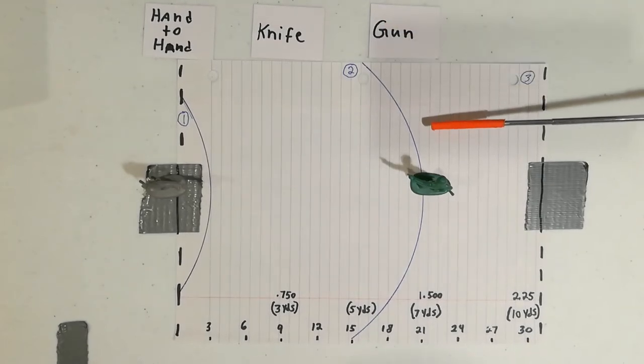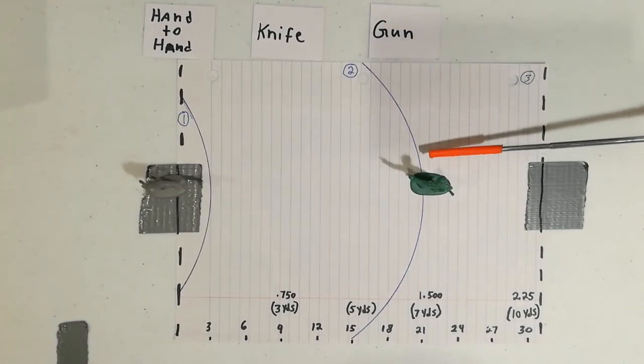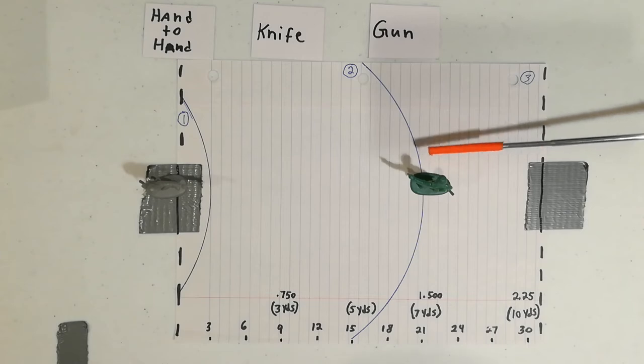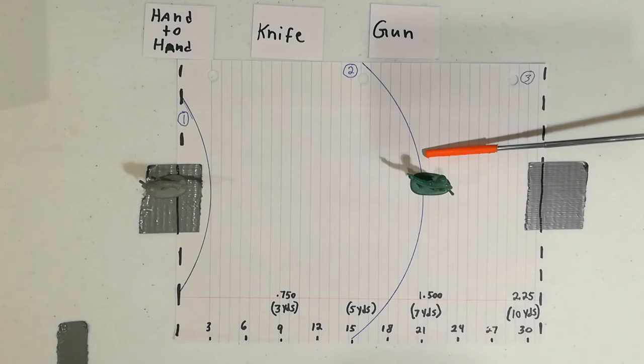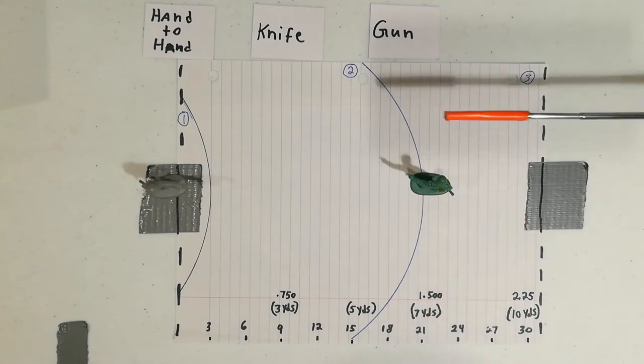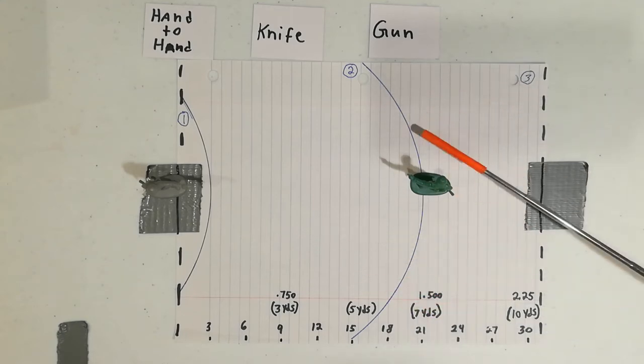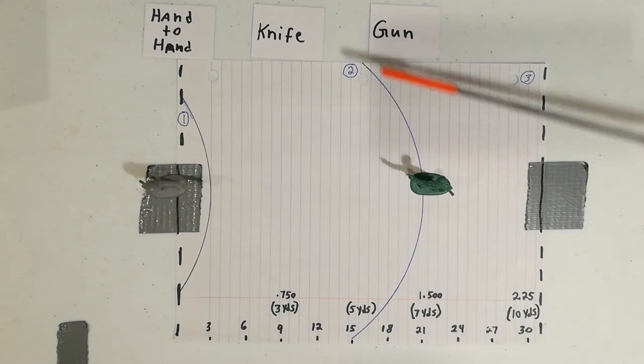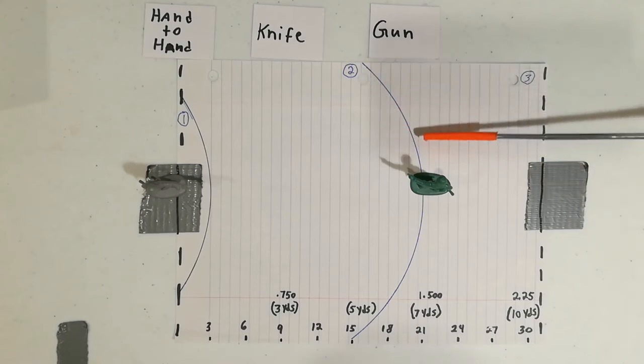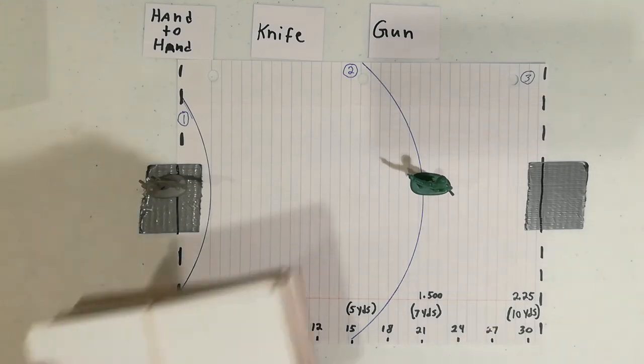And when you're talking about training for firing that first shot or many shots that you're going to fire within 1.5 seconds at 7 yards, basically, not necessarily 7 yards, but within 7 to 10 yards, right in this area, you have to make sure that you draw fast enough so that you can make some good shots. And if you look at the kind of targets I use here,